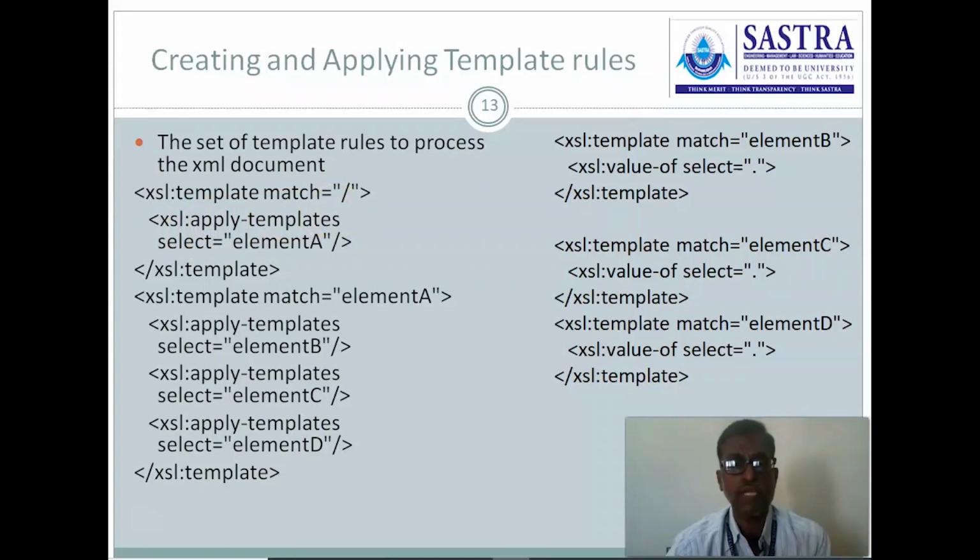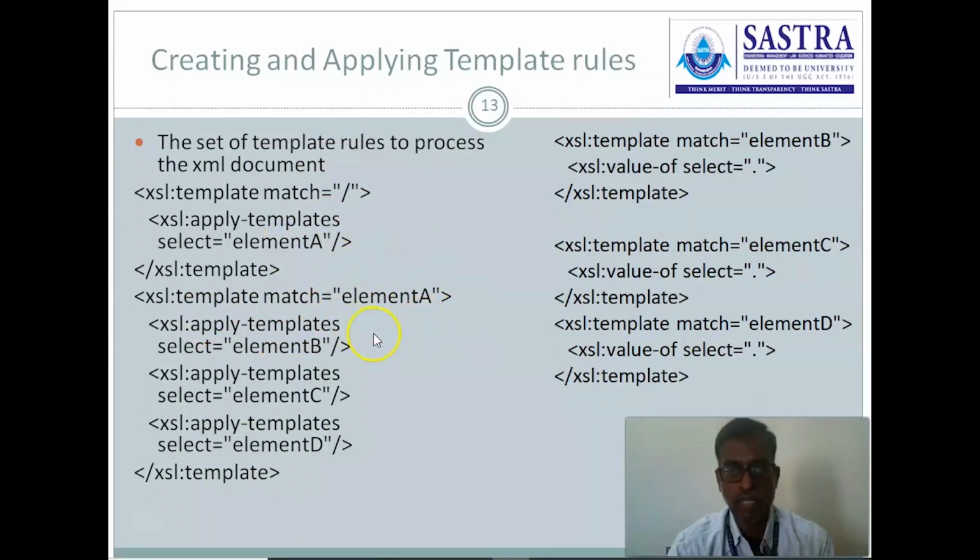In which element do we need to apply this template? XSL:apply-templates, and then select equal to element A. We are going to apply templates for the next level. First one is the root level, and next one is the next level A, and then template match